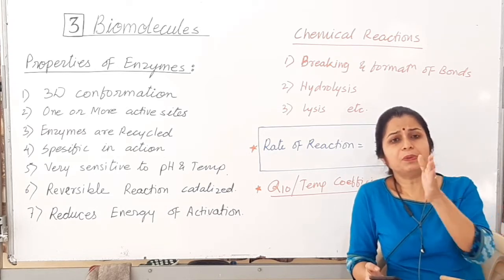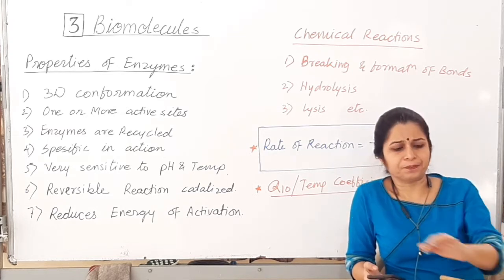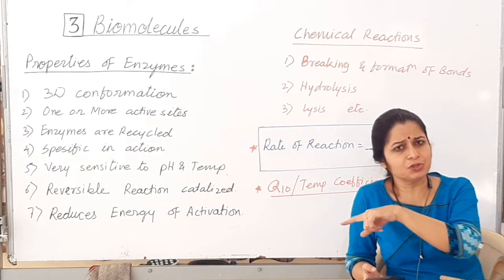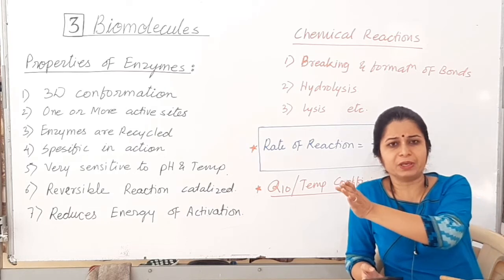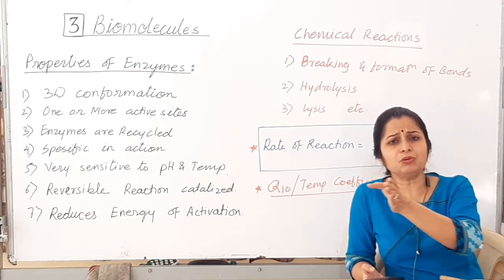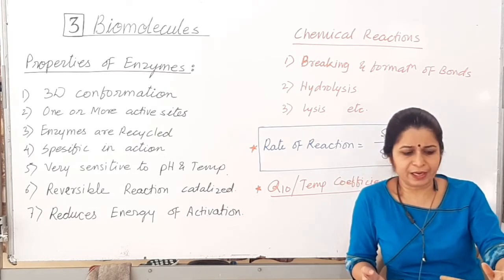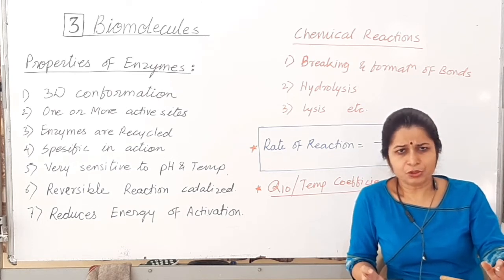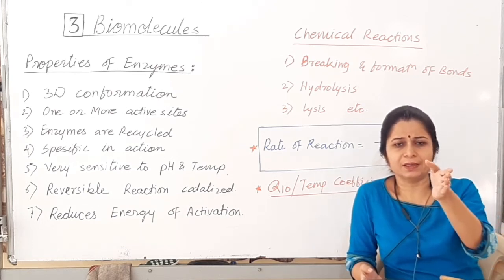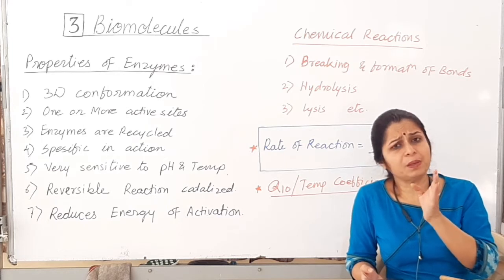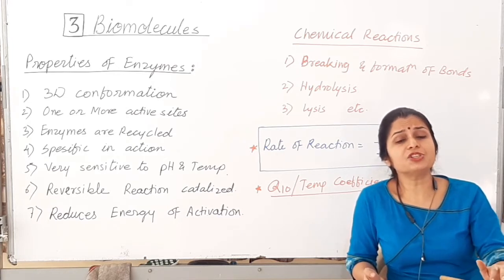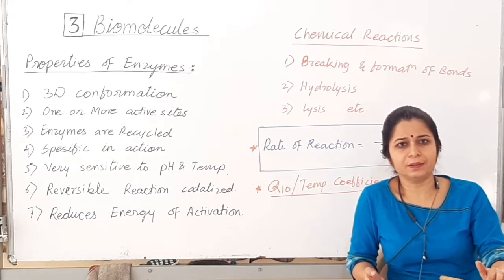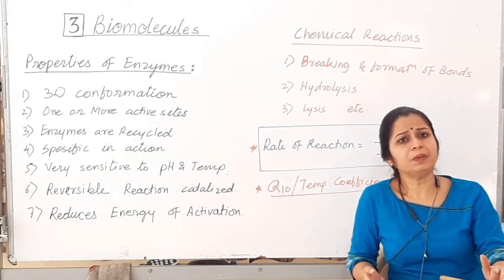Reversible means A plus B giving you C. A plus B are raw material, C is the end product. This is forward chemical reaction. C broken down to A plus B is reverse chemical reaction. समझ रहे हो ना? So ये फॉरवर्ड है कि रिवर्स है, ये टेम्परेचर पे डिपेंड करता है, पीएच पे डिपेंडेंट करता है, किसका रॉ मटेरियल का कॉन्सेंट्रेशन ज्यादा है उस पे भी डिपेंड करता है. So it depends on many things.